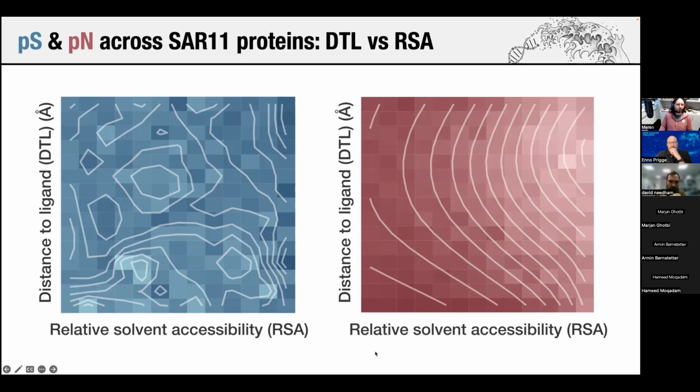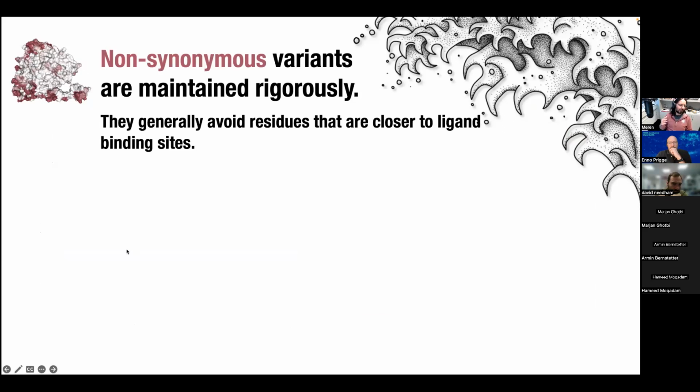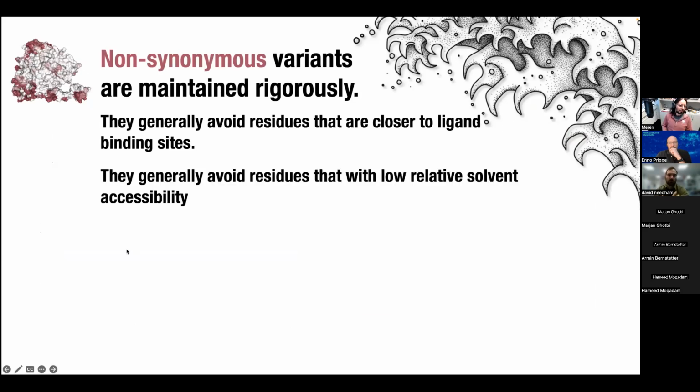So what I'm showing you essentially tells us that non-synonymous variants are maintained rigorously. They generally avoid residues that are closer to ligand binding sites. They generally avoid residues with low relative solvent accessibility. So essentially,